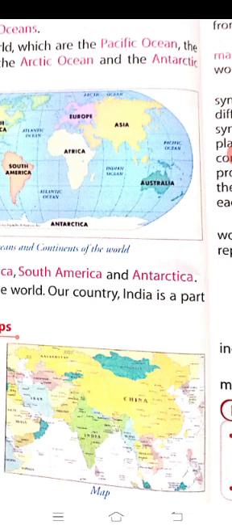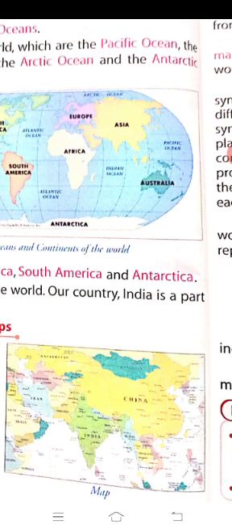What is a globe? A model of the earth is called a globe. It has poles, the north pole and the south pole. Oceans: the blue color shows the water bodies on the earth. Oceans are big bodies of water. Basically we discuss five oceans: Pacific Ocean, Atlantic Ocean, Indian Ocean, Arctic Ocean, and Antarctic Ocean.